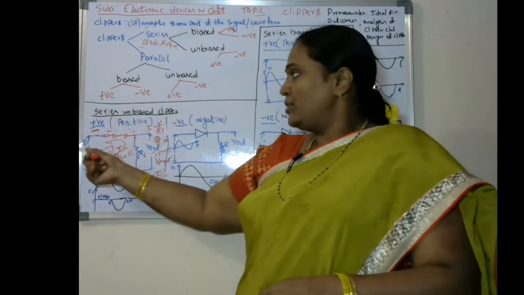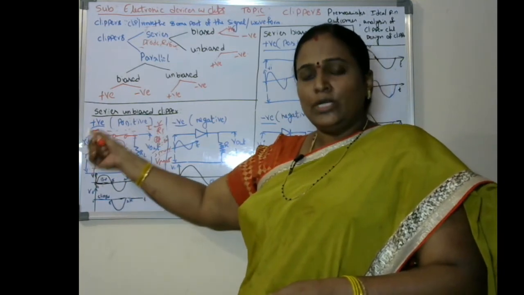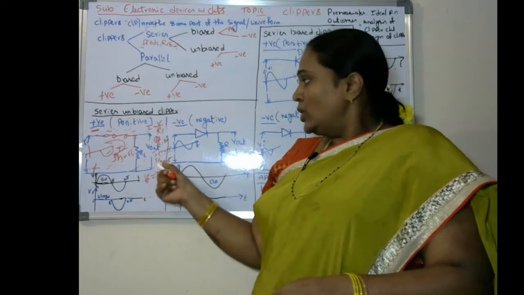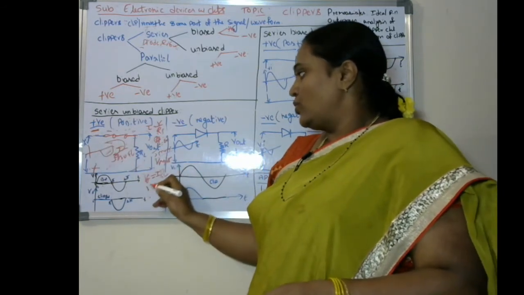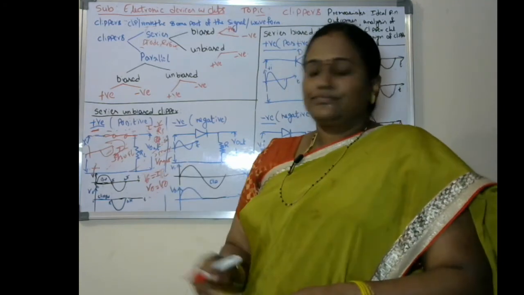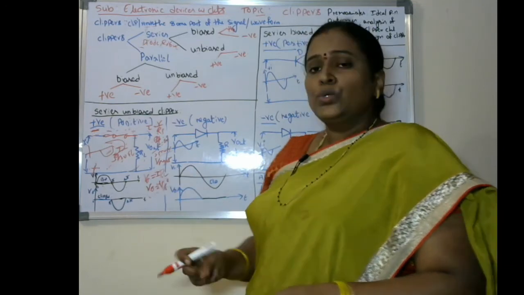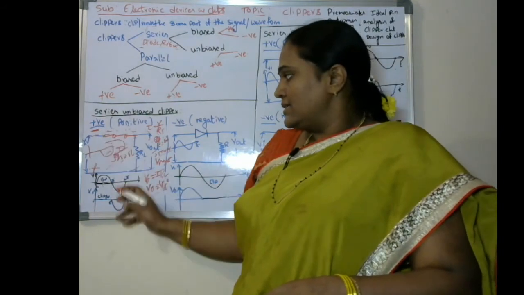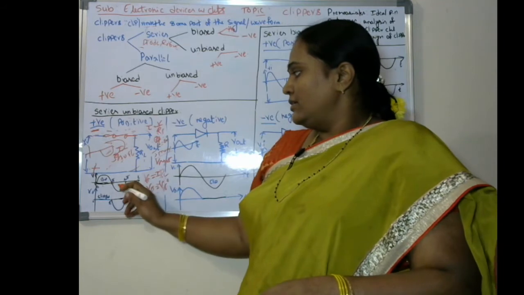What is the maximum voltage I am going to get? Whatever amount we give across the input, that amount is the maximum voltage we can get. So here the maximum voltage for this circuit is the input. So V naught will be approximately equal to Vi. So whatever input we apply in this case, the same output we are going to get for the negative cycle.